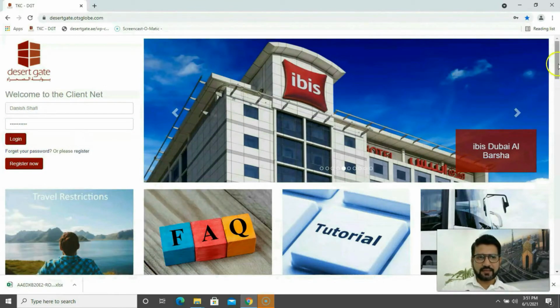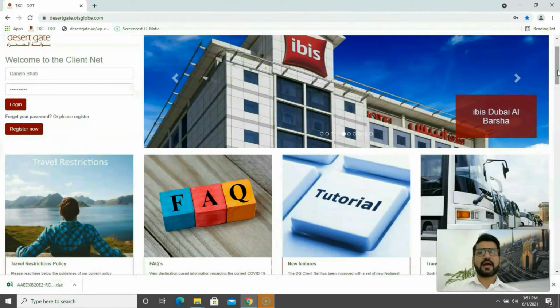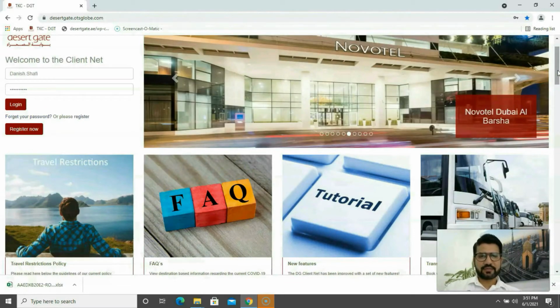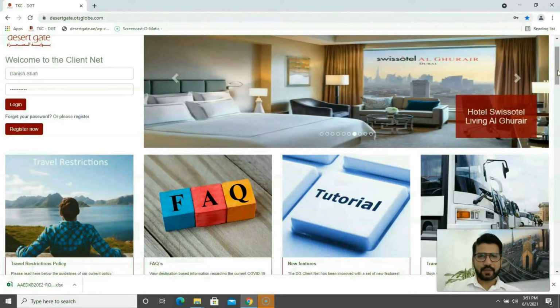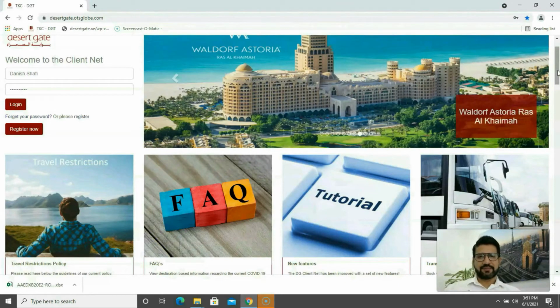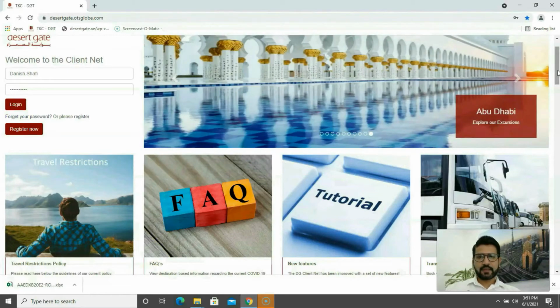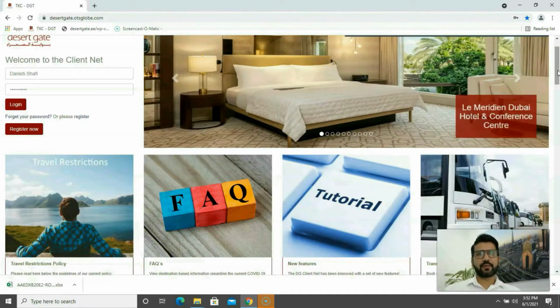But before we enter into ClientNet and understand how it works, I would like to explain two important things which are very essential for people to travel after the pandemic. As you know, after the corona pandemic, the travel restrictions have become more difficult. Every country has its own rules and regulations on traveling to their country. So how will you come to know? You can write an email to our destination specialist, but to save time,